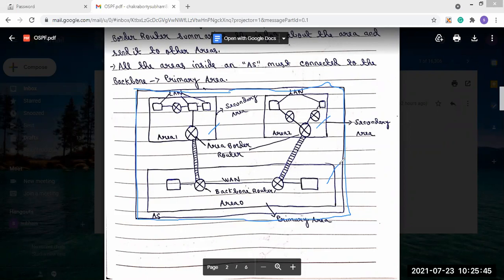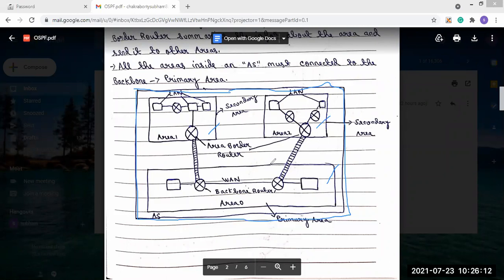But this is not the whole case, because the number of autonomous systems is large, and inside the autonomous system there will be several areas. But as an example, I have taken that. So inside this autonomous system, I have taken that 3 areas are present.